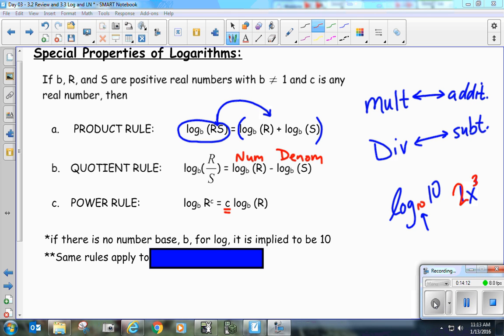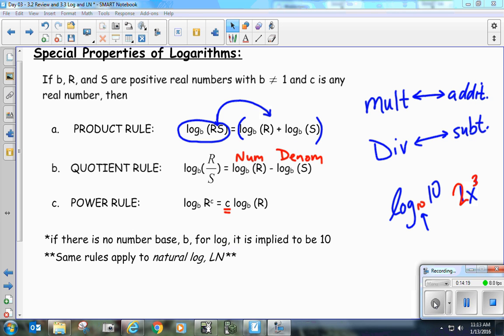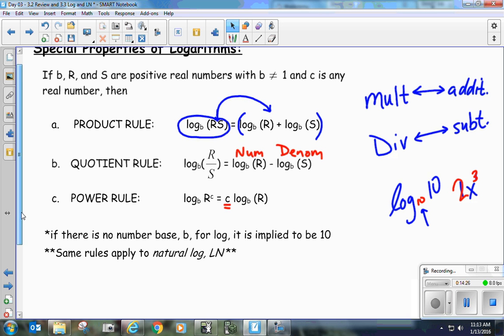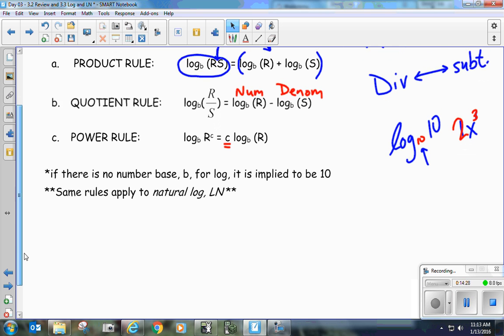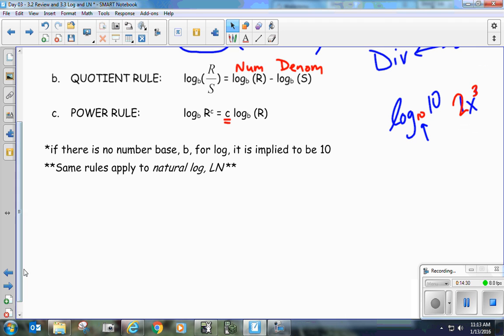Absolutely. So, the same rules apply to natural log. You know the calculator, there's a log button and there's a natural log button? Well, what's the big deal between log and natural log? There is one huge difference. We all know our friends at the number e. If I have this, e to the x,